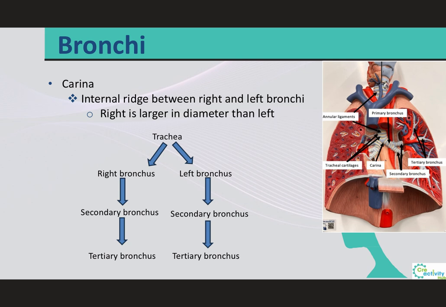Now, as we move down, the trachea will split into what we call the right and left bronchi. So bronchi is plural, singular is bronchus. And before the split, right at the end of the trachea, there's going to be this internal ridge between the right and left bronchi, which is called the carina. So here's the trachea, here is the carina, and then you're going to have the left primary bronchus and the